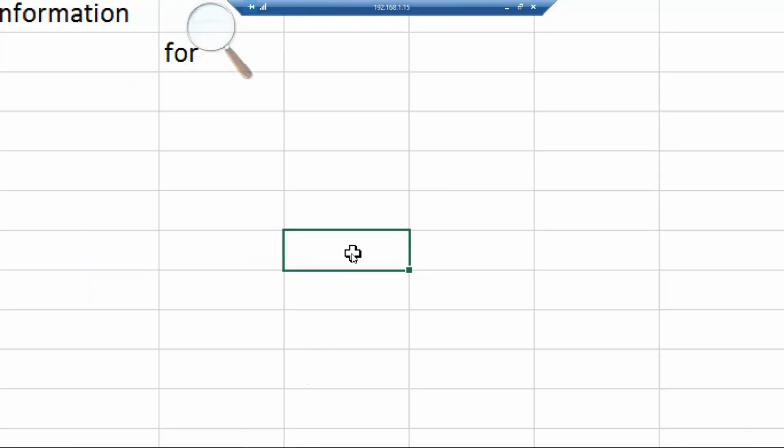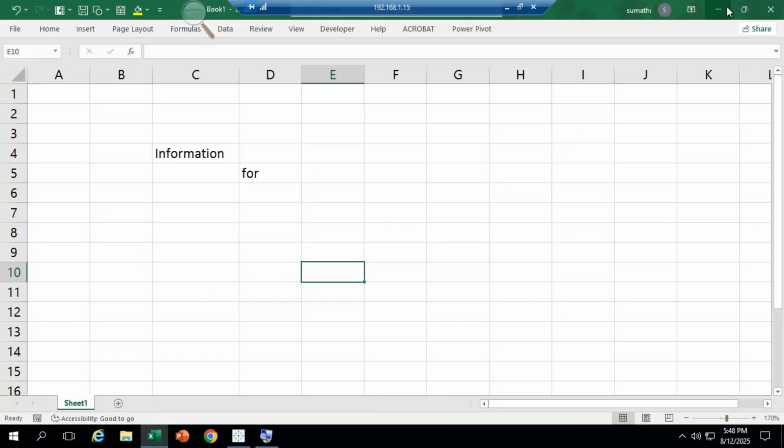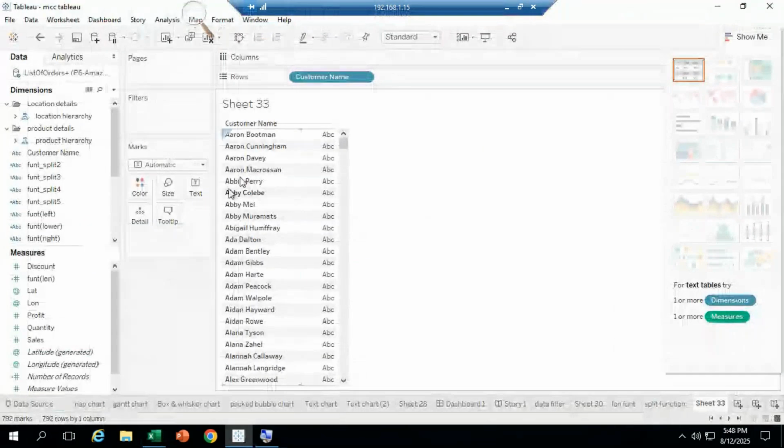Now the same functions we have to use in Tableau also. Now, in that, the middle of the characters means, for example,